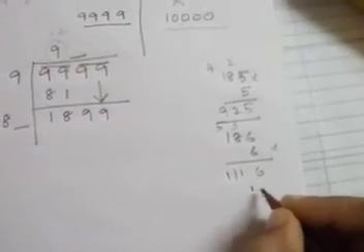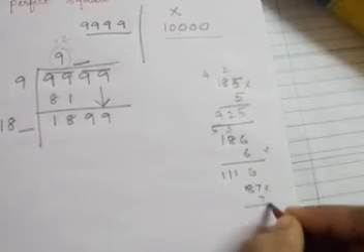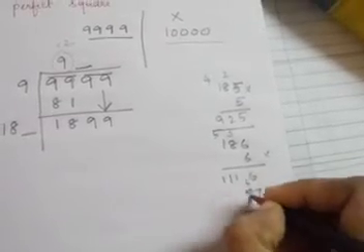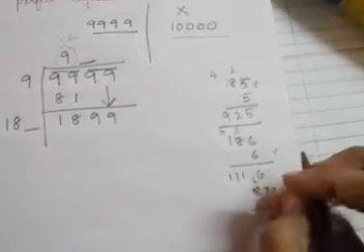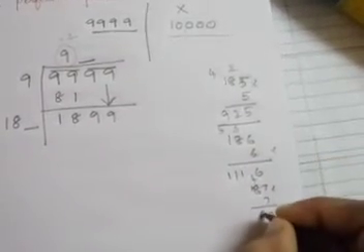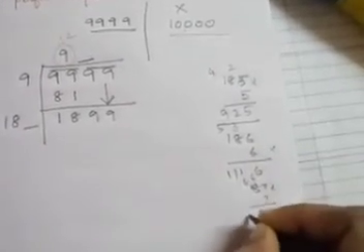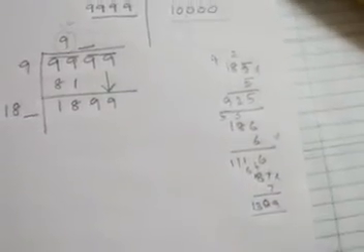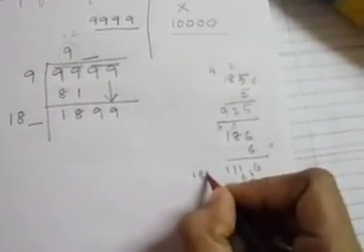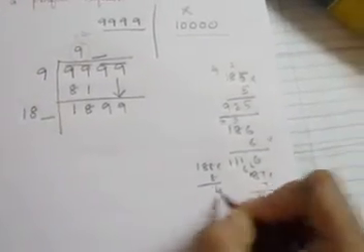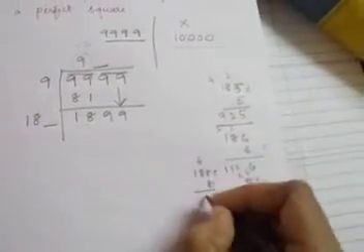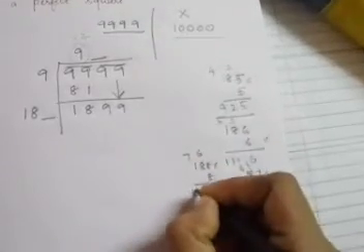Now 187 into 7. 7 7s are 49. 8 7s are 56. 56, 60. 13. Yes. Next, 188 into 8. I am just multiplying everything, children. 8 8s are 64. 8 8s are 64. 70. 15. Next,